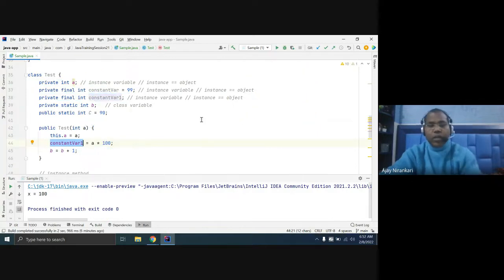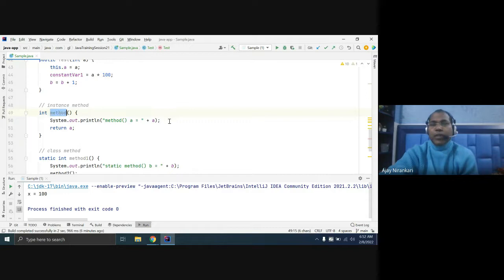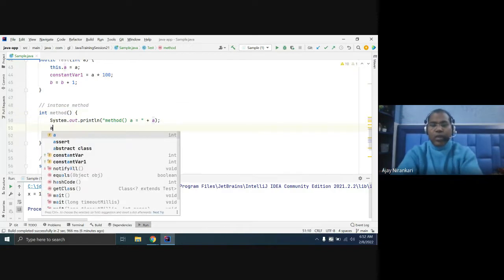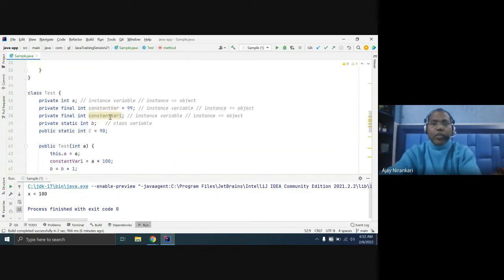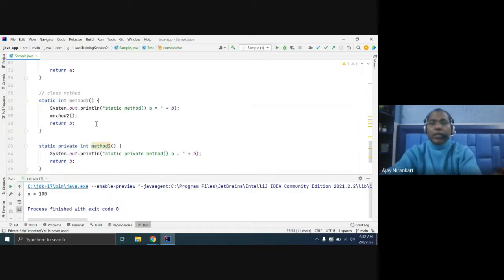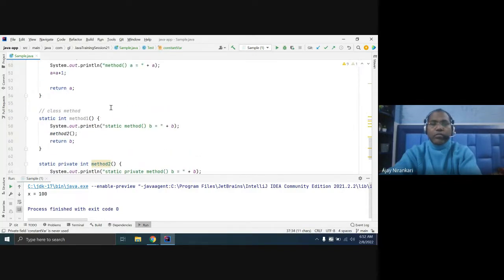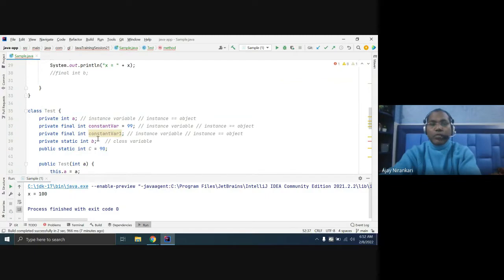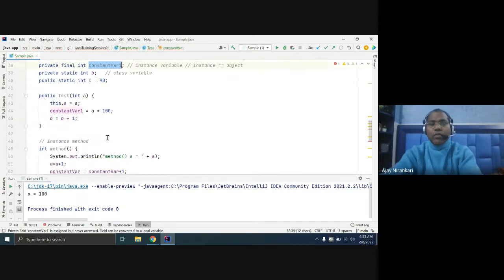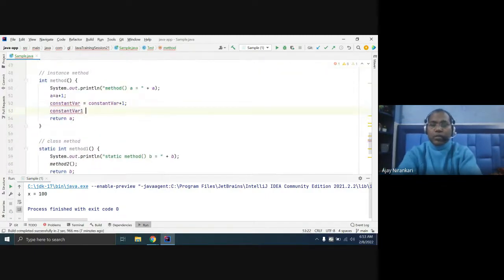Let's go inside method 1. Here you can say A equal to A plus 1. But you cannot change any constant variable. Let's say you try to change it here, equal to A plus something. This is not allowed. Even if you try to change this final variable, it is not allowed, because this is final.